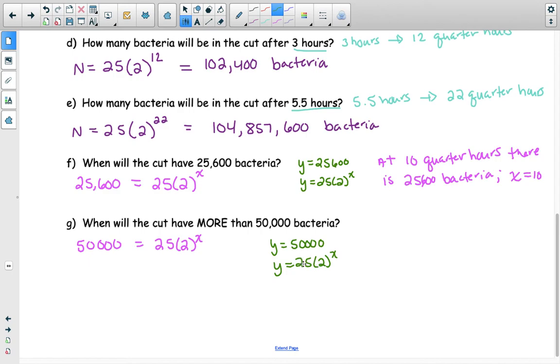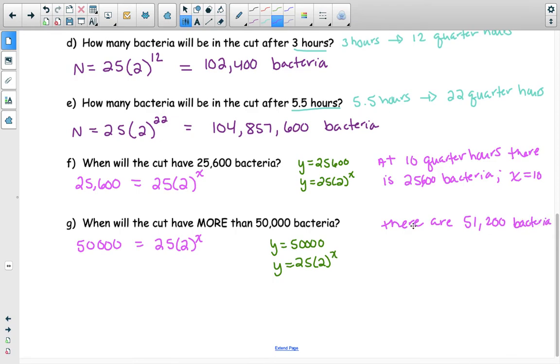We would want to find where they cross. They actually cross at a specific value. There are 51,200 bacteria,